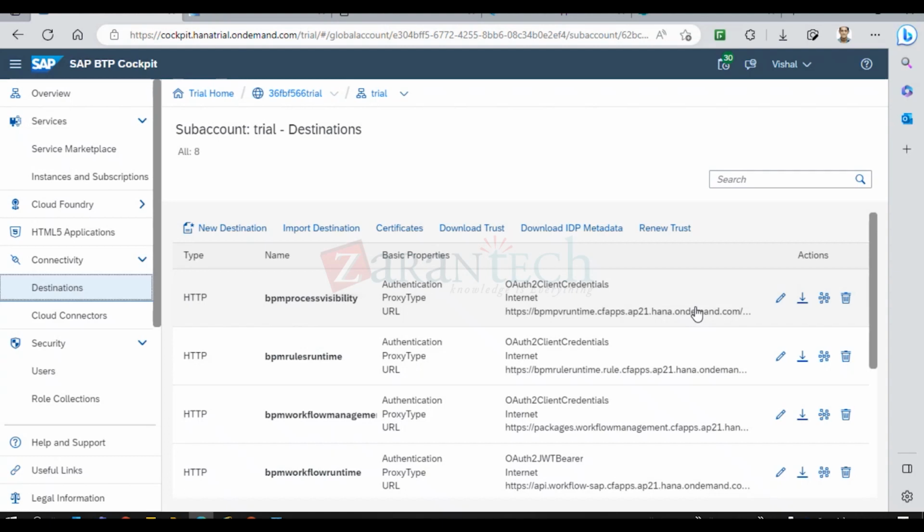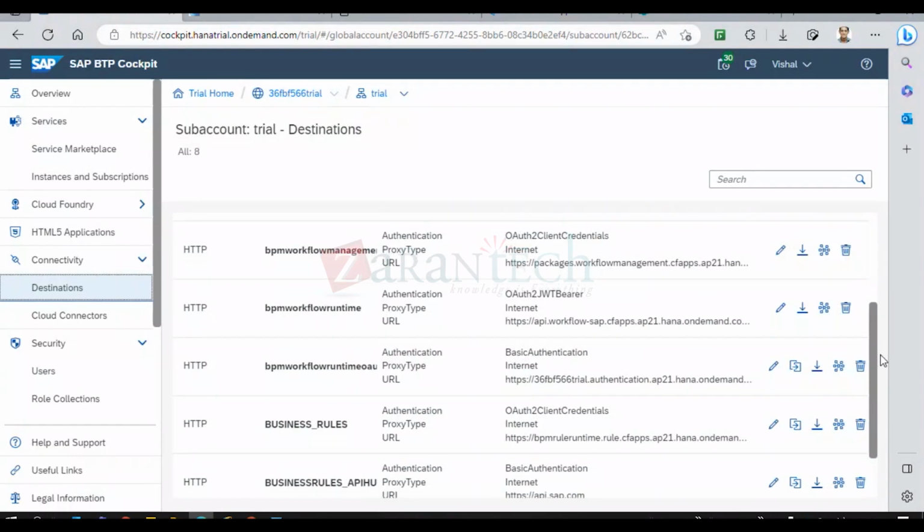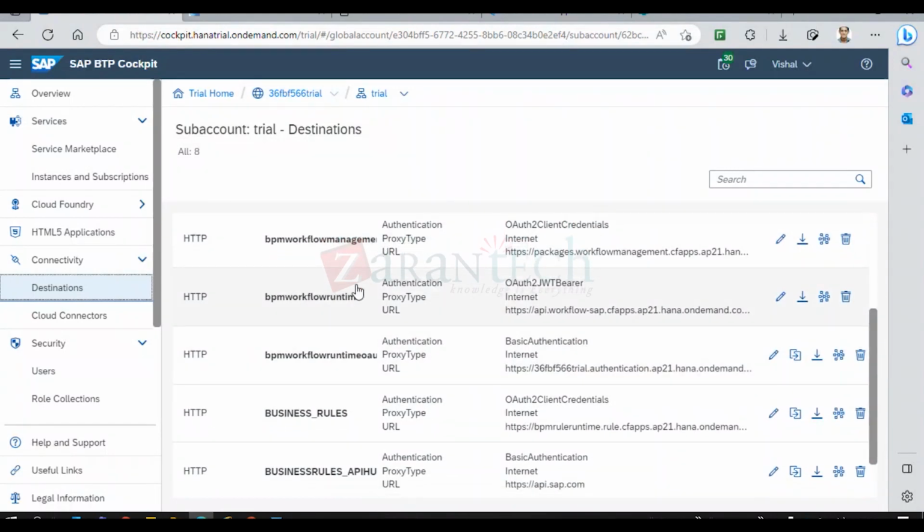Now if you look at the processes, can you just scroll down? Okay, now here you have business rules. You will have your business rules API. Now this API is pointing to api.sap.com. You see,